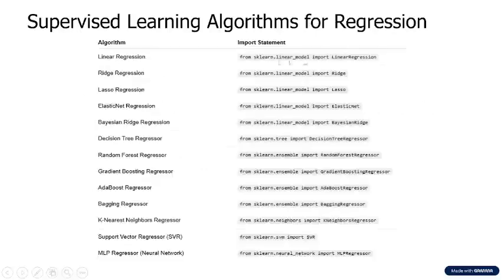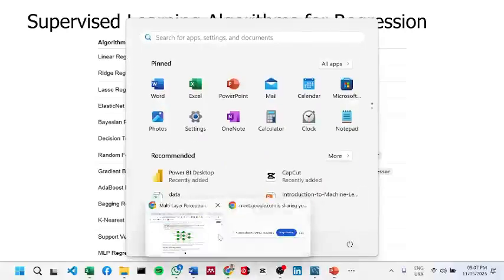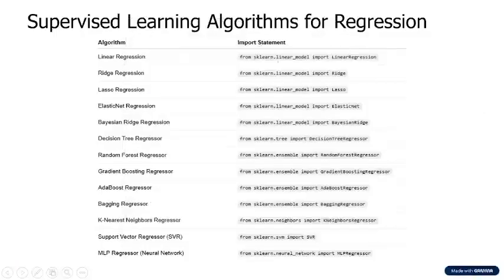Now, this is where I classified the different algorithms and how you can import them if you are trying to build a machine learning model. If you are trying to build a machine learning model, this is how you can import it. If you are trying to build a linear regression model, you import it. Remember that they told us that whenever you're trying to import something, like the sklearn library, I said it's specifically built for